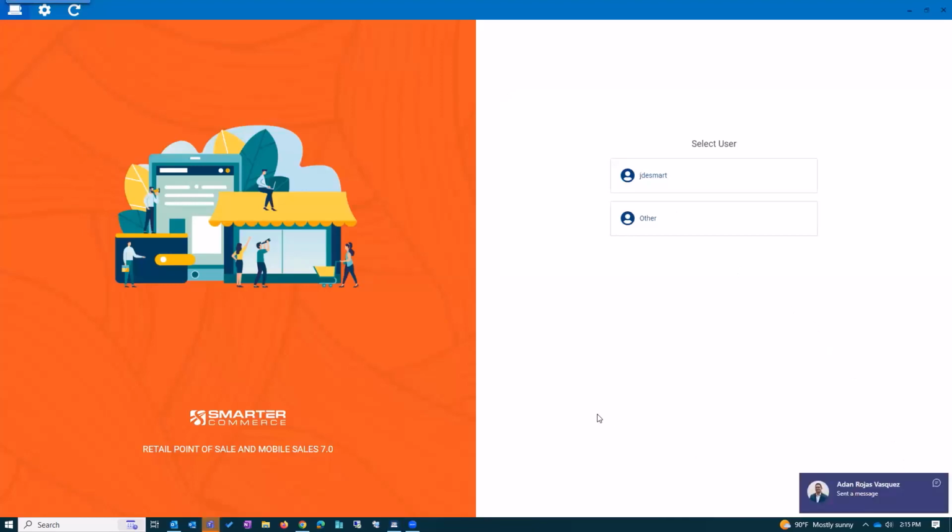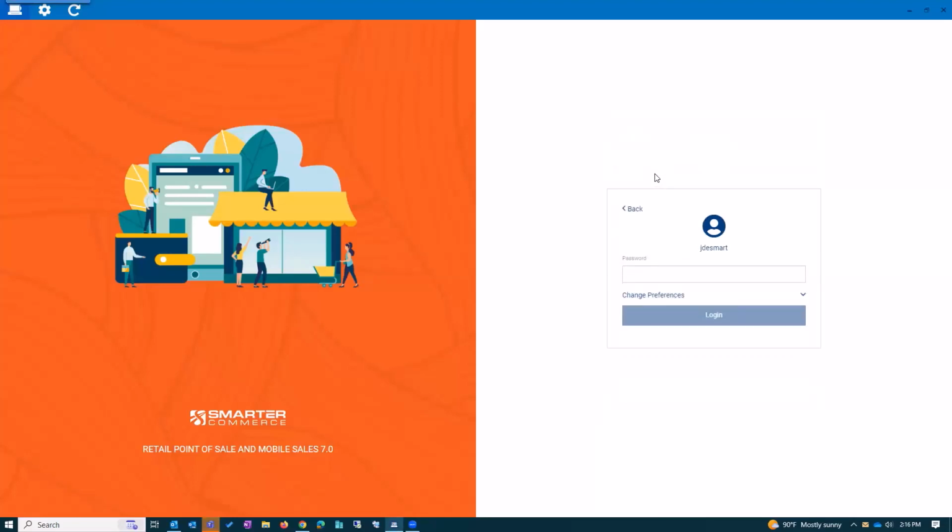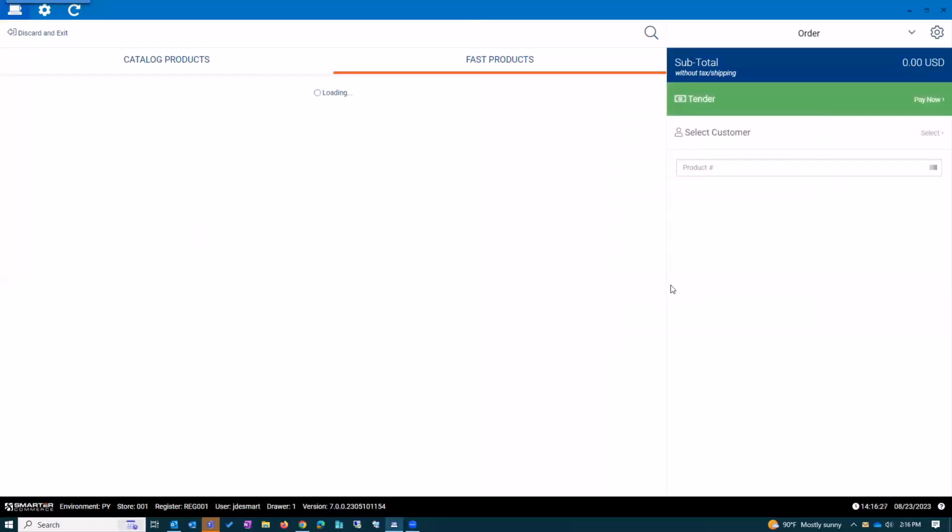So when a user comes to the screen, the first thing that will occur is that it will prompt them to sign in with their credentials, either by using a swipe device, card, or by typing in their credentials directly. Our solution is multi-user, so multiple sales personnel can be interacting with the same screen with their own login. Once they are ready, they would go ahead and put in their credentials, and that will verify their user and go ahead and log them into the system, pulling up the